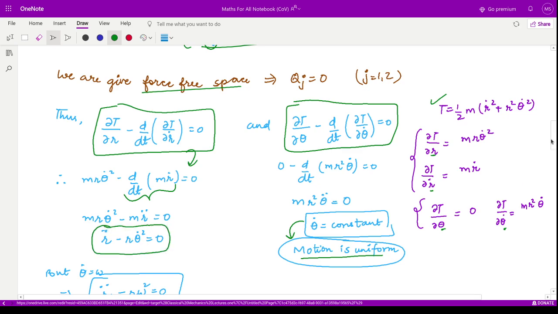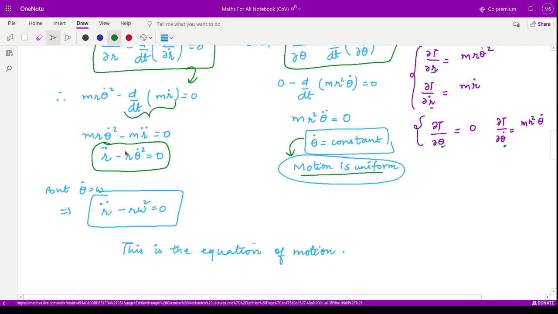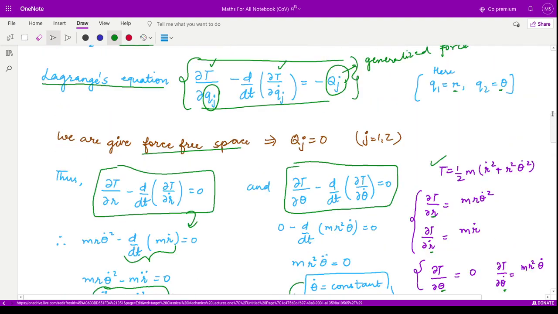Moreover, it is given that theta dot is equal to omega. Therefore we can substitute omega over here in place of theta dot. So it would be r double dot minus r omega square equal to 0. So in our case, this is the equation of motion. Moreover, if you note, this is also the condition for centripetal force. So that means the motion over here is the outward motion, which is by virtue of centripetal force, as the rod is rotating in a circular motion.